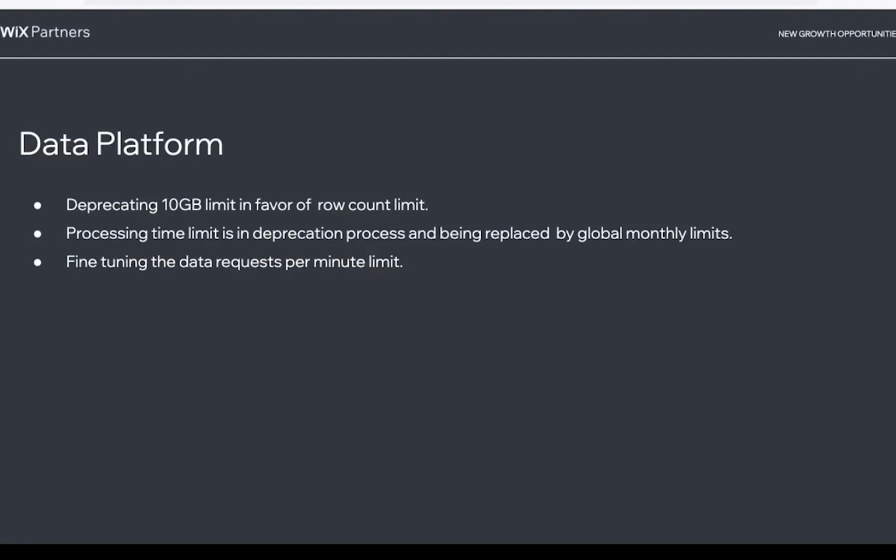And based on all this feedback and also looking at the best practices in the competition, we decided to differentiate from media limits, which are measured in gigabytes, and instead move to a simpler logic of counting items. We are also working to remove the processing time limit, and we will replace it with the global monthly request limits, as well as